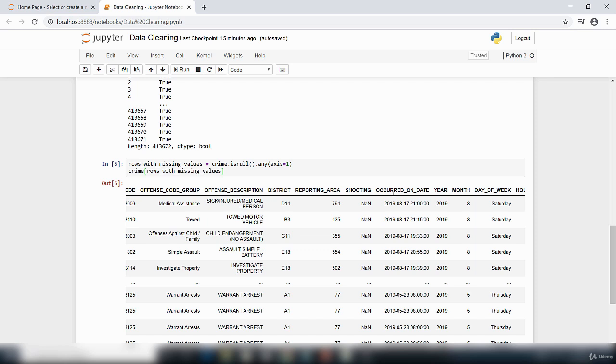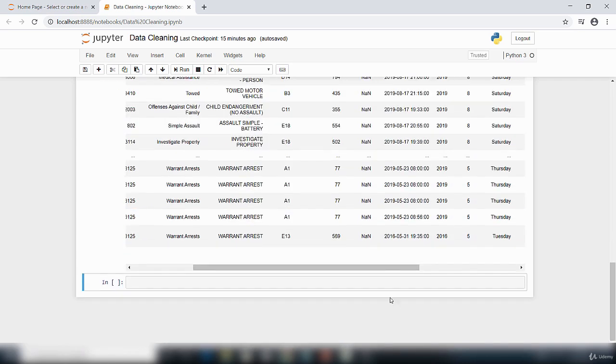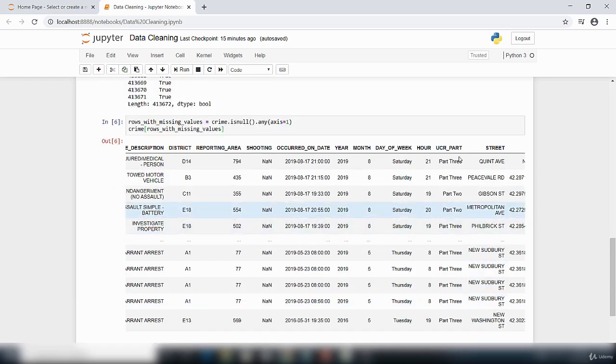This already includes both the date and time. That is why I want to drop the year, the month, and the hour columns. If you look through here, we've got columns for the year, the month, and also the hour. So I'm going to drop the hour column, drop the month, drop the year, because the information is contained in this column called